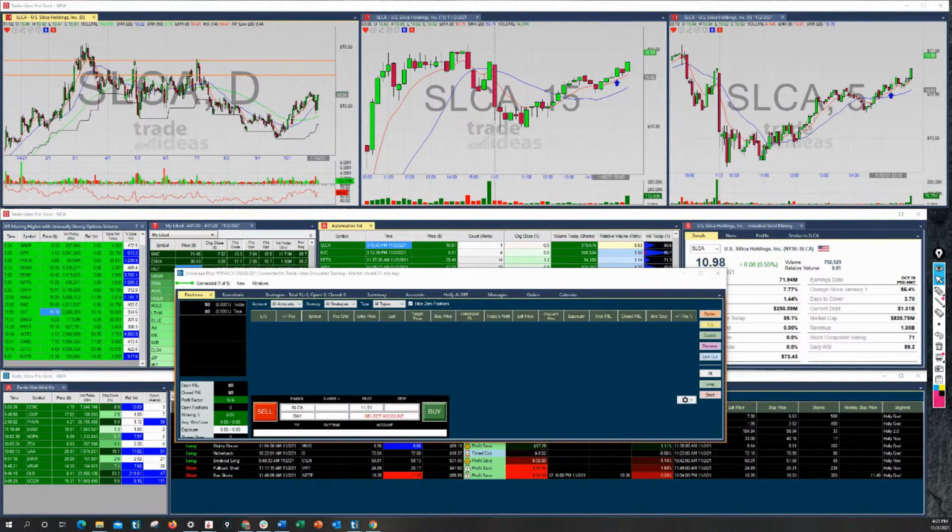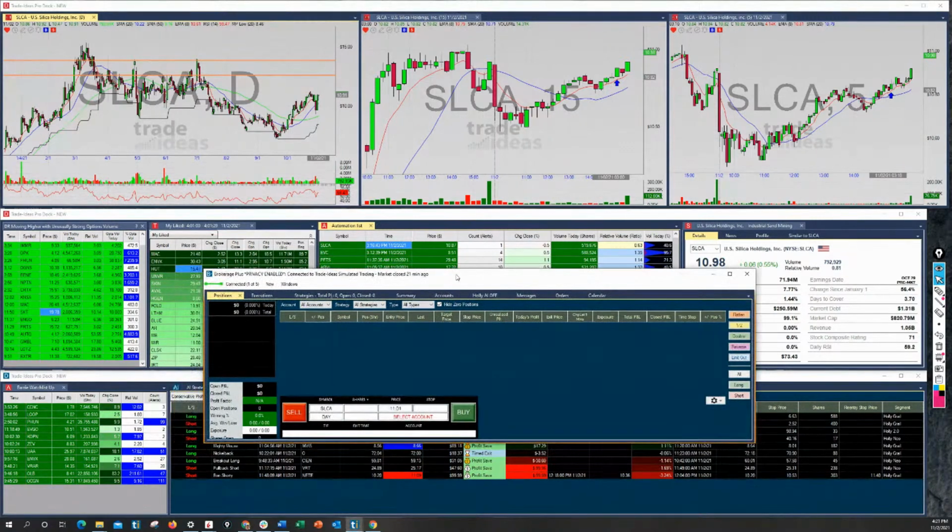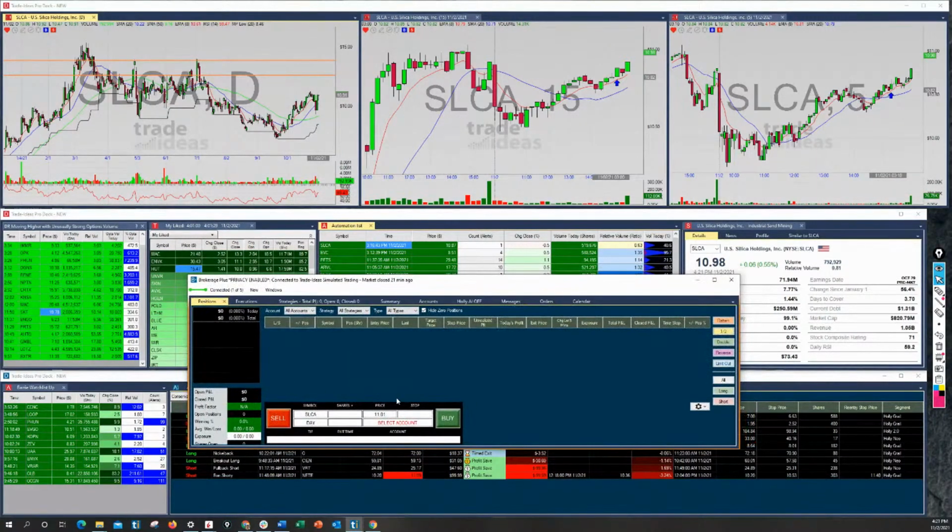I can't try the midfills because then I'd have to trade through Trader Workstation, and I don't want to trade through it. It's the whole reason why I use Brokerage Plus, because it's going to submit the order according to what Brokerage Plus is sending, a limit or whatever. You can try the mid stuff, and I played with it with IB, and it didn't do anything to help me. Like I said, I like to trade through Brokerage Plus. I don't feel like dealing with the clunkiness of Trader Workstation.